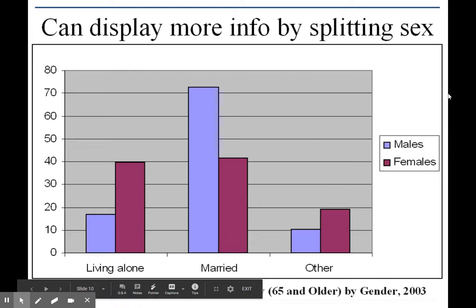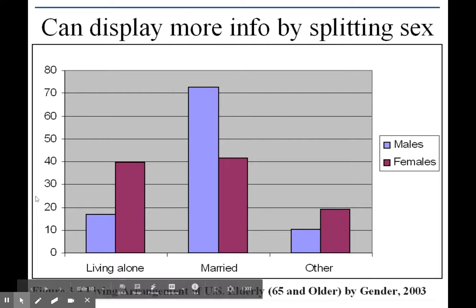And we can also display more information if we split it, right? So if we want to know marital status by gender, we can look at the number of folks living alone. Males we color coded as this light lavender color. Females coded as this sort of deep maroon color. And so when we split this, we can have our variable split into